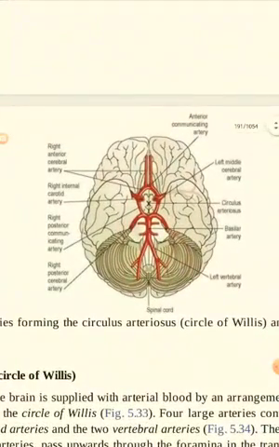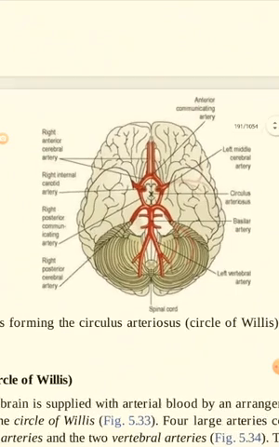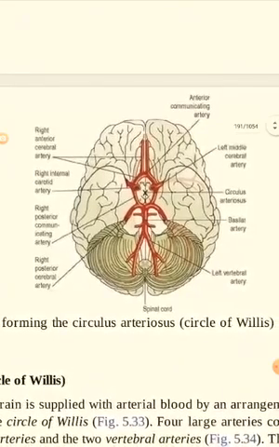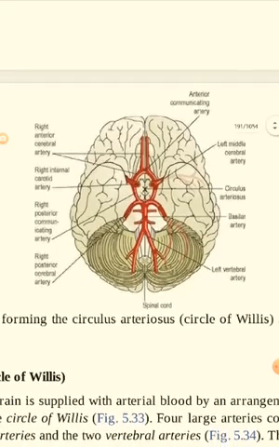As we know, the external carotid artery through its different branches supplies different areas of the head and neck. The internal carotid artery along with the vertebral arteries forms a network at the base of the brain. This red network shown at the base of the brain is called the circulus arteriosus or circle of Willis. It is the basic blood supply of the brain. The contributing arteries in this circle are from the internal carotid arteries and vertebral arteries.